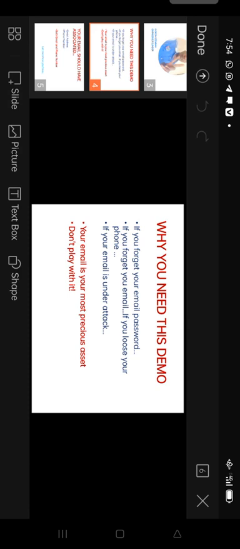Let's also say you forgot your email. Even if you forgot your email, you tell them that you forgot your email, there's a place they will show you to put your name. If you put your name there, they will bring out other details, and they will ask you also to verify that it is you, to be able to get your email, and then be able to log into it.